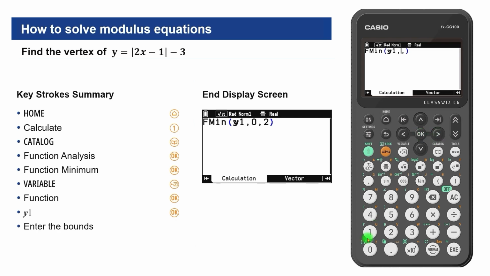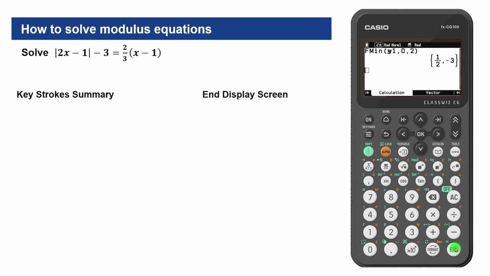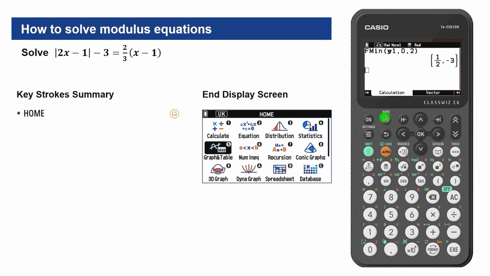Then enter some bounds for the analysis where the minimum may lie. And execute. The x and y coordinate values are then displayed in a list. To solve equations where modulus functions are equated to other values or functions, it can help algebraic understanding to draw the graph. To solve this equation graphically, press Home